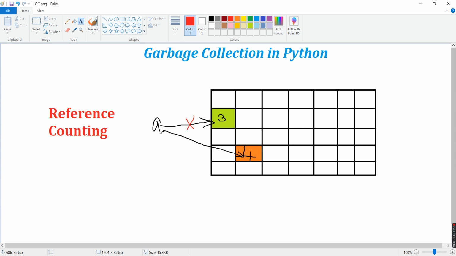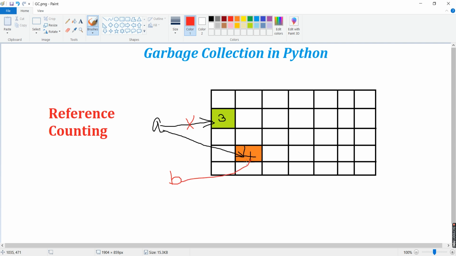Now when you have this reference counting, internally a reference cycle is created. That is just another program to keep track of how many variables a particular memory location is addressed by. If I have another variable B which is also referring to 4, that is valid, because that is another memory location.